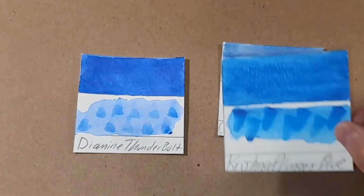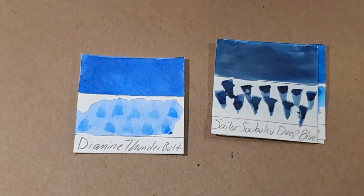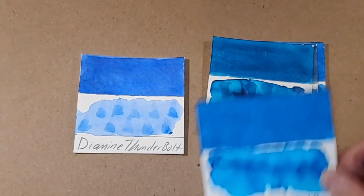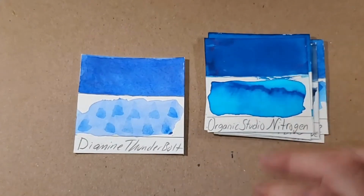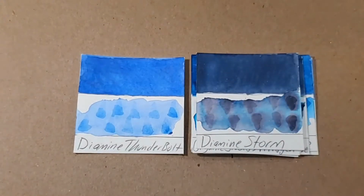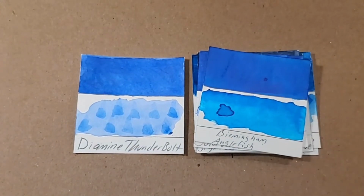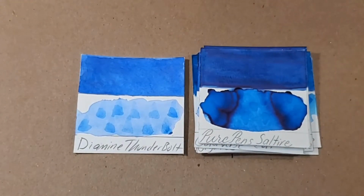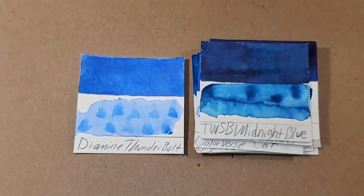Colorverse Cotton Blue, Krishna Primary Blue, Sailor Suboku Deep Dark Blue, Diatramentus Steel Blue, Jeabon Kainai du Nepal, Organic Studio Nitrogen, Diamine Storm, Colorverse Cat, Birmingham Angelfish, Diamine Skull and Roses, Pure Pen Saltire, Diamine Bloody Brexit, Twisby Midnight Blue,